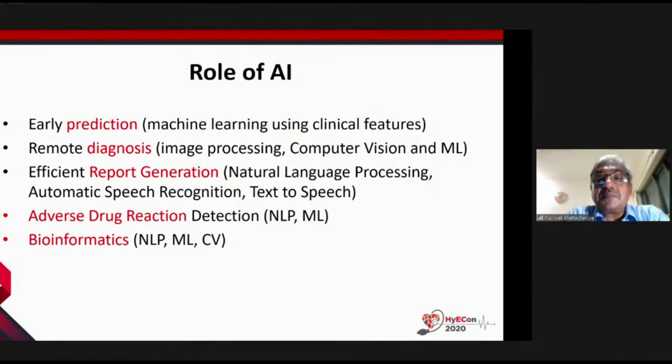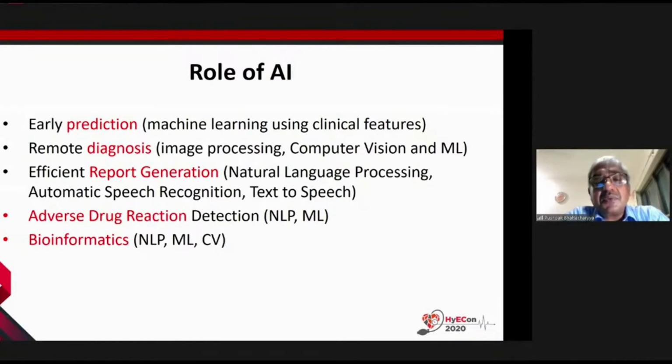One thing we have seen, which is very beneficial, is in the area of report generation. This particular problem is probably not given enough attention that it deserves, because a huge amount of time of doctors, radiologists, and many others is spent in generating the report of the patient. So if that part of the operation is made more efficient, then we reduce the time for these experts, and that time is more gainfully employed for more complex tasks.